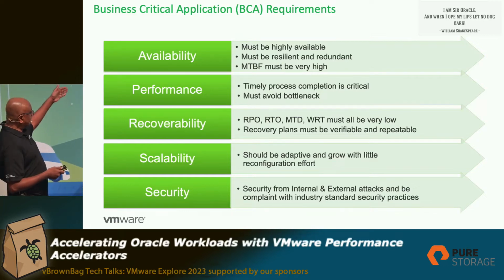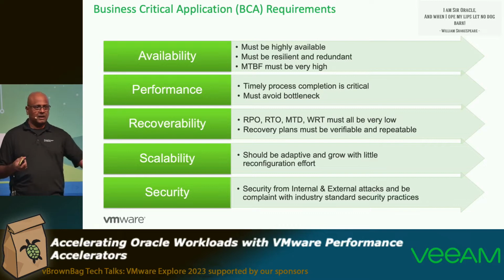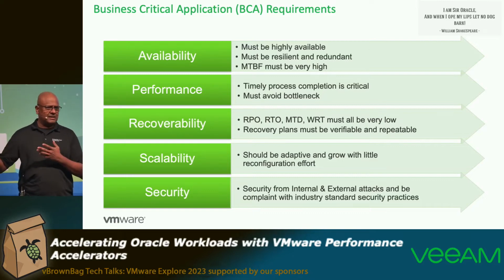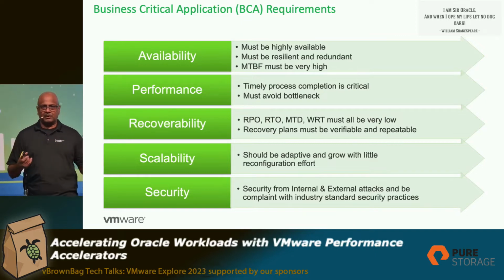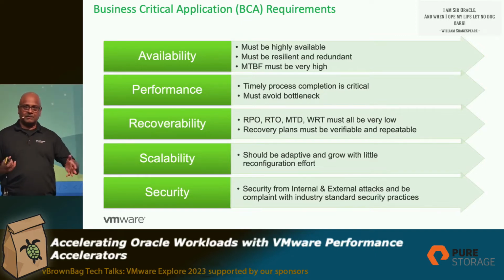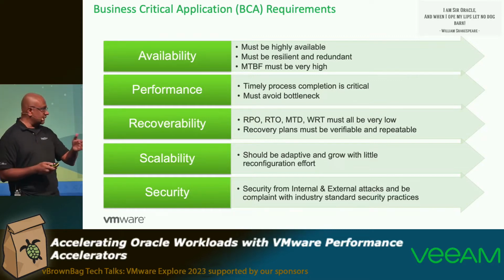So there are certain requirements specific to a business critical application, right? The availability, the performance, the recoverability. I mean, gone are the days when we used to go back to IT and say, I have a requisition slip. I need sockets, I need cores, I need DIMMs, I need storage, right? Gone are those days. Those are like 20 years ago, 15 years ago. Now it's all about scaling up CPU on the fly, scaling up memory on the fly, hot adding VMDKs, hot adding VMXNET3 adapters, right? Moving to the cloud without any refactoring, without any replatforming. So scalability, horizontally and vertically, that's the mantra of the day here, right?